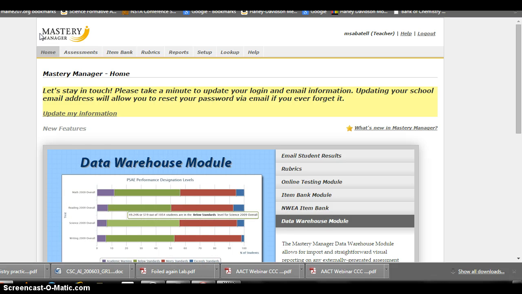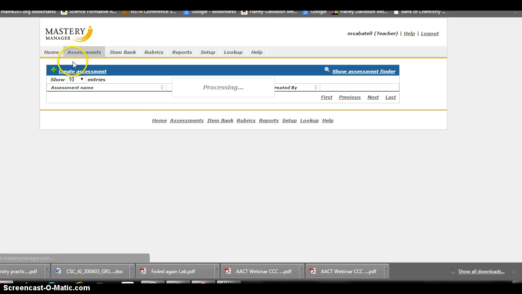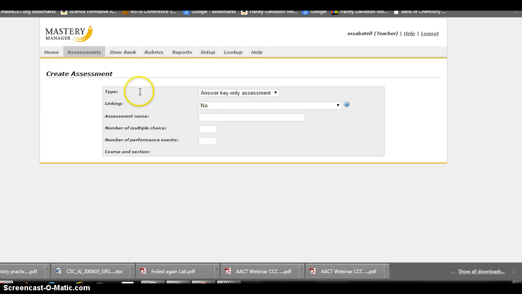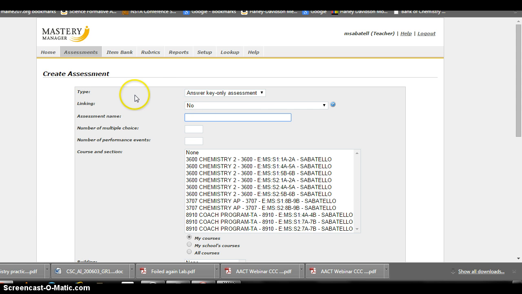Once you are logged in to Mastery Manager, you will click on Assessments. Once you click on Assessments, you click on Create Assessment. I am going to leave type and linking the same, and I'm going to type in the name, Chapter 7, Formative Quiz, Predicting Products